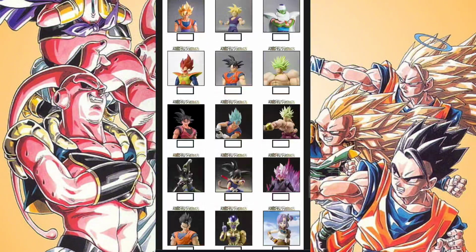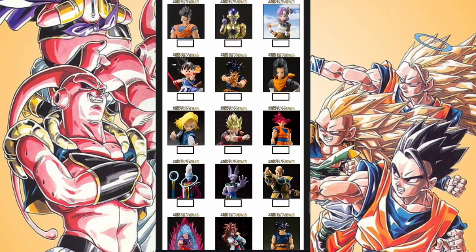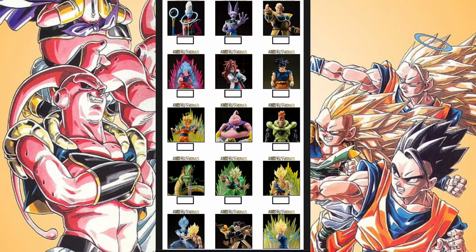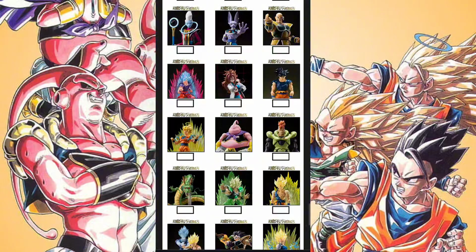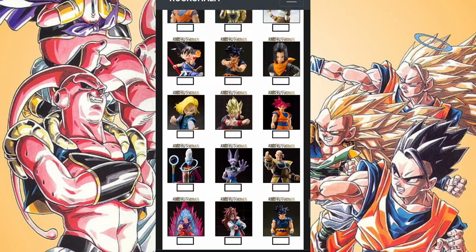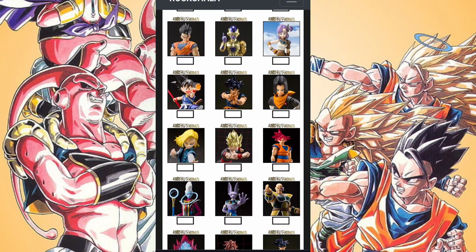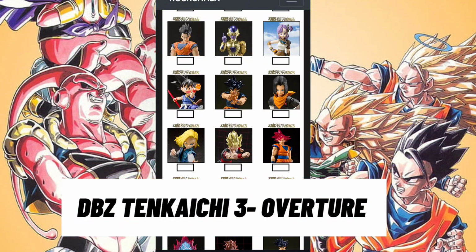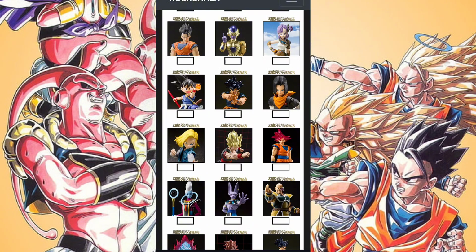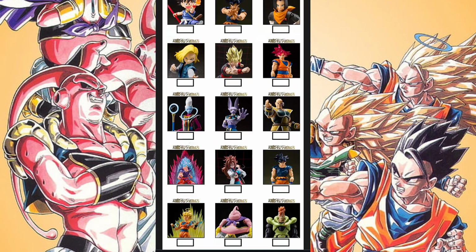I was gonna record this separately, but yeah, event exclusives mostly have to do with scarcity or a form that, I don't know, for whatever reason they want to put behind a paywall. I can't tell you that part. And what I mean by a form that they want to put behind a paywall is, for example, Ultra Instinct Sign or Omen. I like saying Omen, but Sign Goku, right? Why is that particular form behind a paywall? Kaioken Blue Goku. Why is he an event exclusive, right?